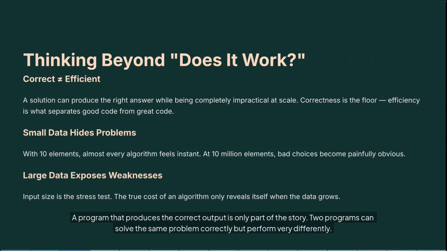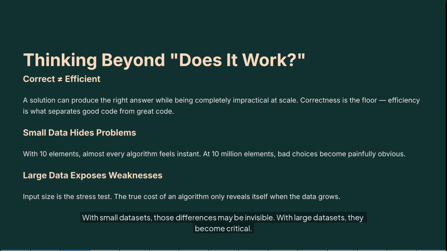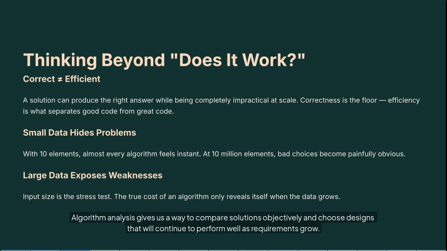A program that produces the correct output is only part of the story. Two programs can solve the same problem correctly but perform very differently. With small datasets, those differences may be invisible. With large datasets, they become critical. Algorithm analysis gives us a way to compare solutions objectively and choose designs that will continue to perform well as